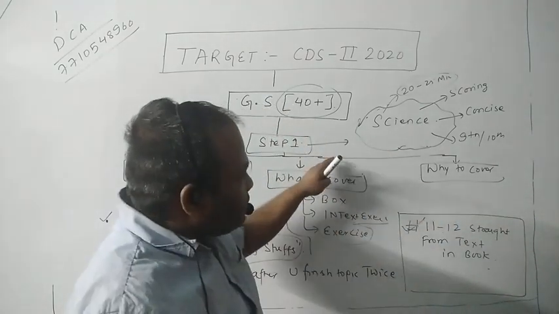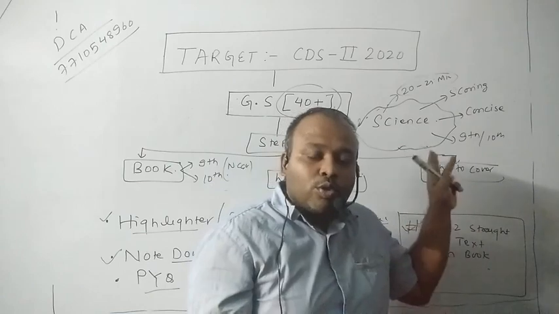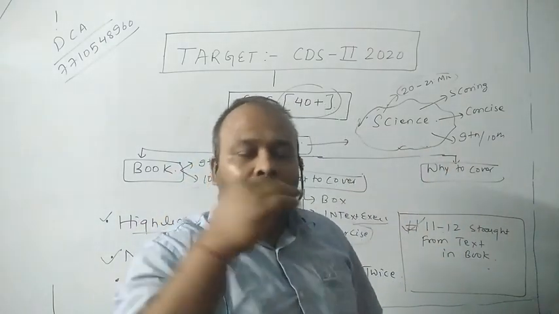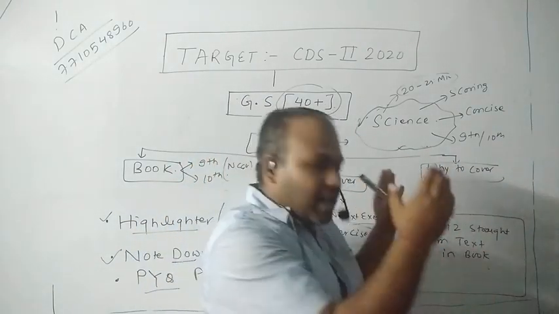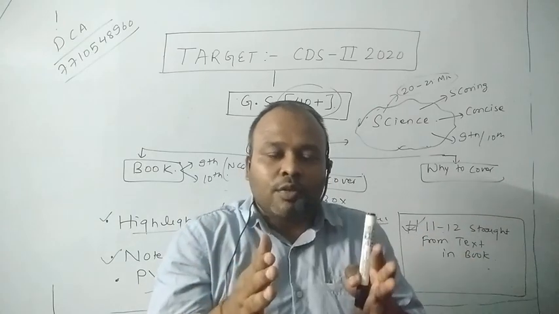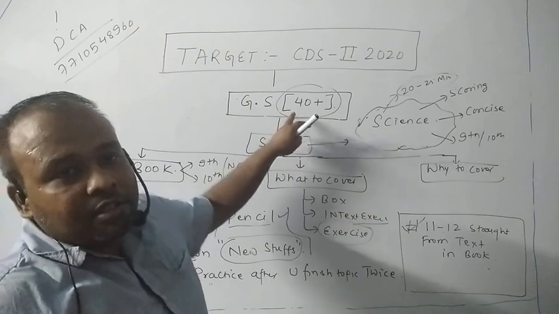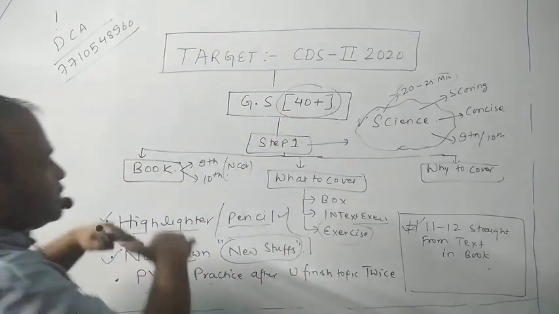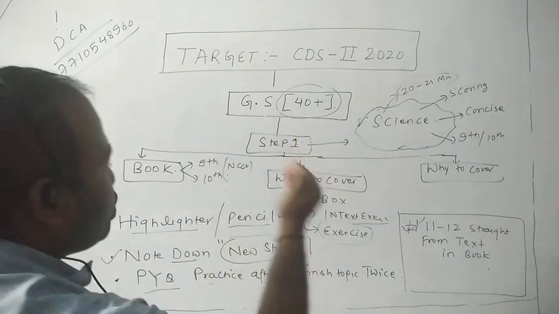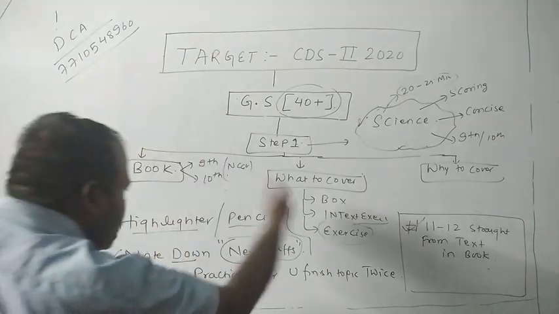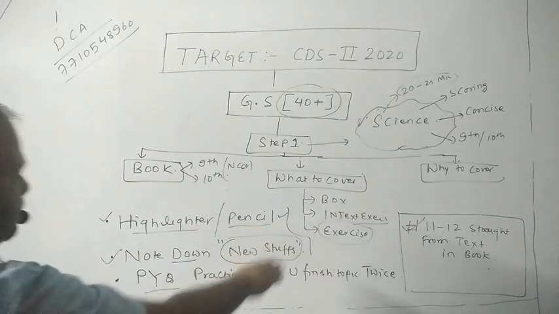So for the safe side, the first thing, this is what you need to do in the next 1 month. You do this first, of course you will do something else in parallel. So in this session we figured out what the first step is, so that we can target 40 plus in GS, and I discussed in detail science, which science book, why that science book, and which type of question you need to do, what should be your approach, right?